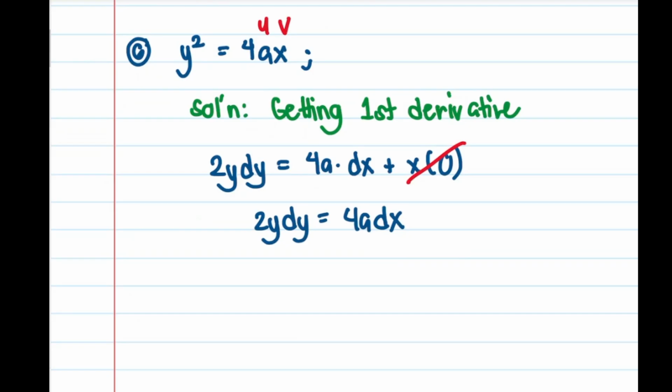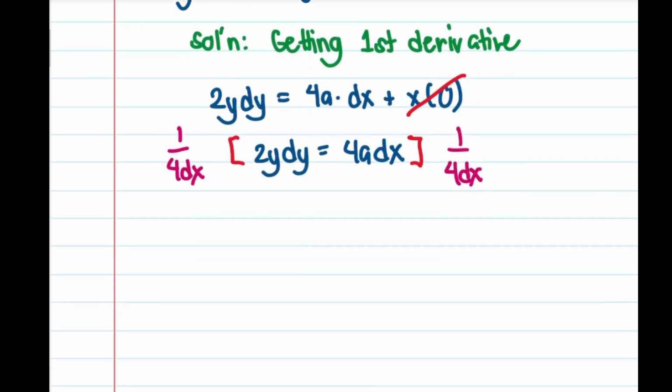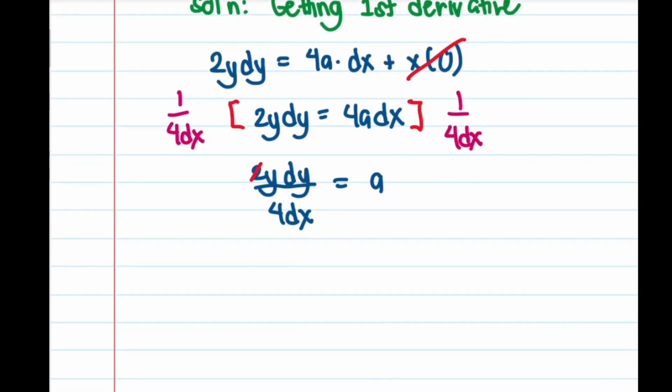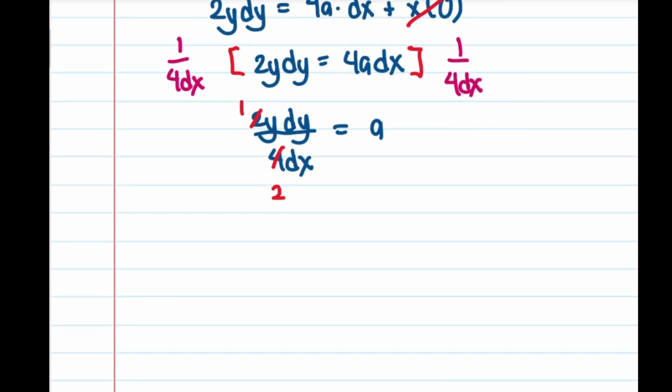Dividing both sides by 1 over 4 dx. Therefore, the equation will be 2y dy over 4 dx equivalent to a. Okay, so let's simplify. So this one will be 1, this one will be 2. So therefore,